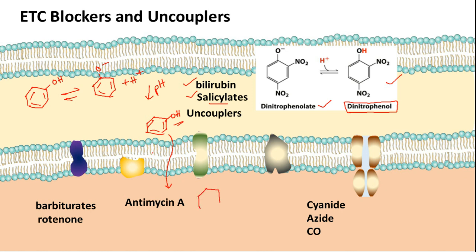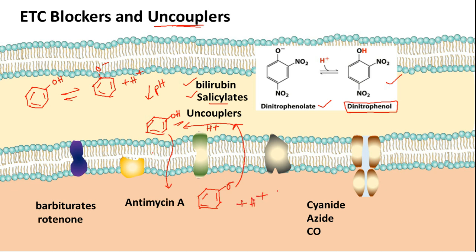So here what exactly will it do? They will become phenoxide ions. This phenoxide ion will then go to the other side. This is what exactly is happening in simple terms, in the case of phenols acting as ETC uncouplers. What it is doing is actually shifting protons from side to side. It will go back and take up one proton, thereby becoming unionized again, and then it will come out and release a proton over here.